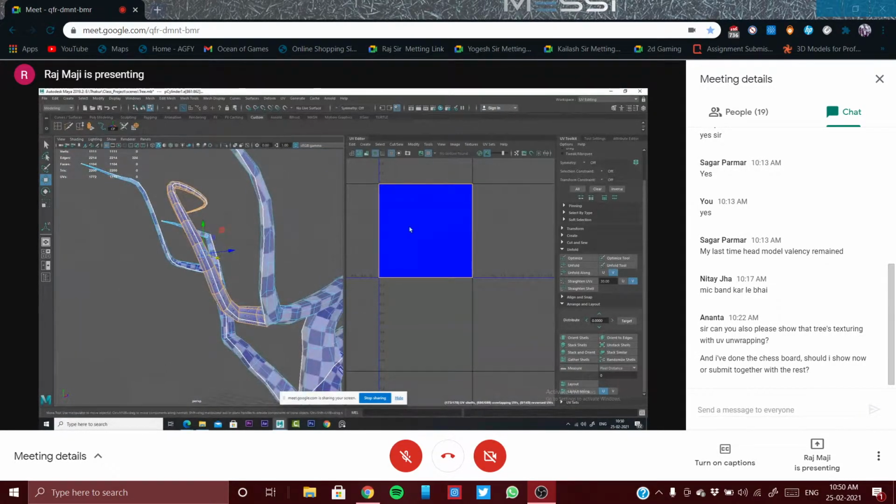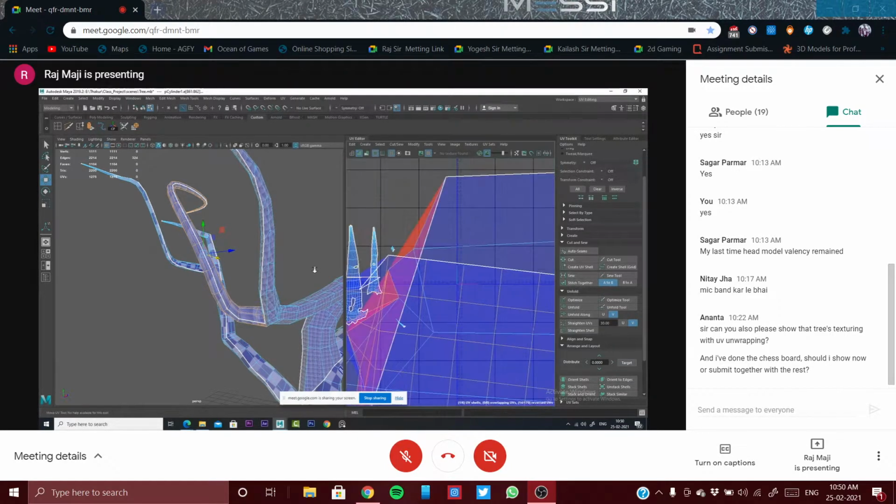Then what we need to do is cut and sew, and stitch together. Clicked on stitch together. This process will take a little bit of time. Let us check what happened.